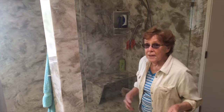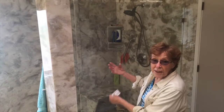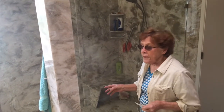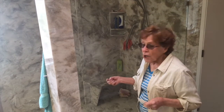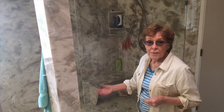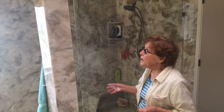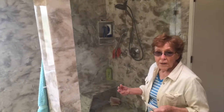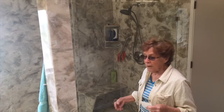We couldn't climb in and out of the tub, and the shower was above the tub, so even to take a shower, you had to get in there. So I said, okay, the tub's gotta go. So we met Sean at Marble Concepts and Design, and we went and looked at some of his product, and we really thought it was beautiful. So a friend of ours did a lot of the demolition work, took the old bathtub out,